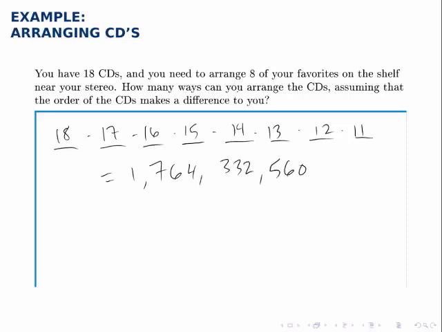Now, since in this case order matters, we'll use the permutation formula, where n is 18, because that's the number we're choosing from, r is 8, that's the number that we select from that pool and then organize. So that would be 18 factorial divided by 18 minus r factorial, or 18 factorial divided by